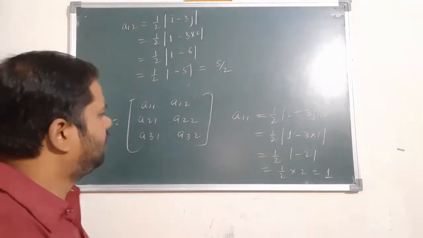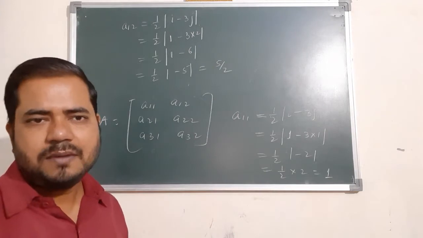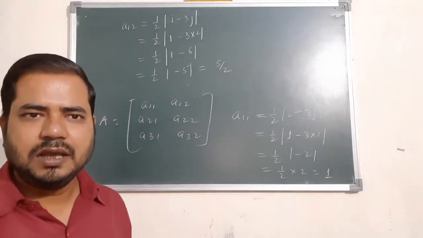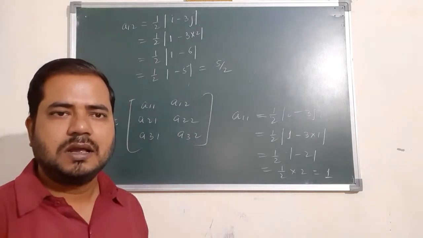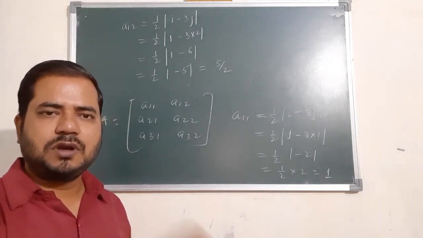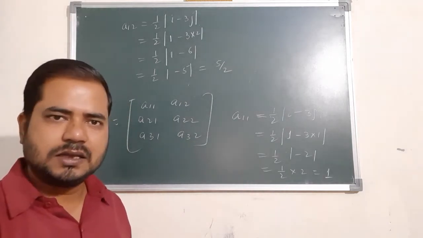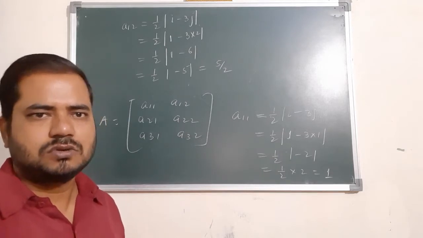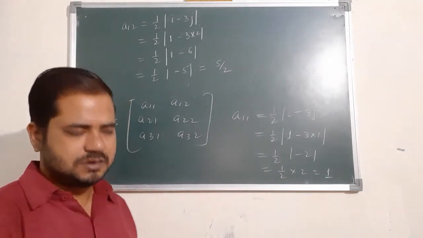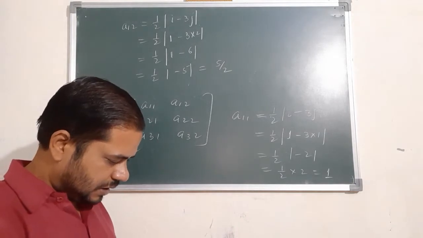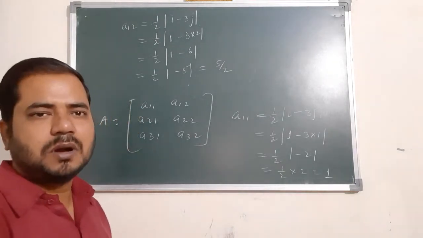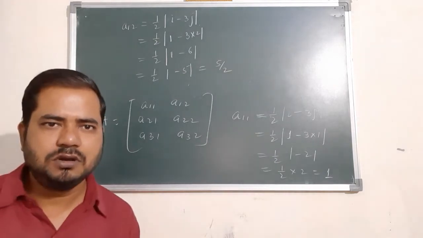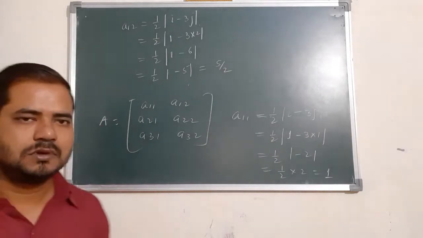Similarly, maybe you can find the others, okay? A13, A23, A21, A22, A31, A32. If you find A32, then put i3 and j2. So I hope you find it. And this is nothing but example number 3 on page number 60. So please try to complete it. Okay, so please note it down. Then after that we see the next topic.